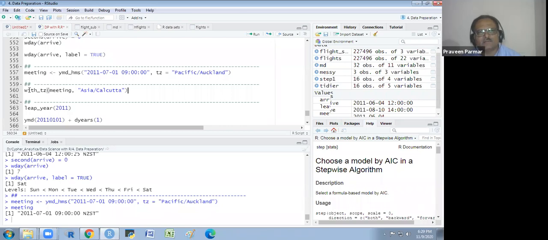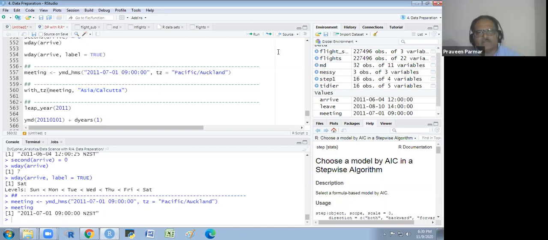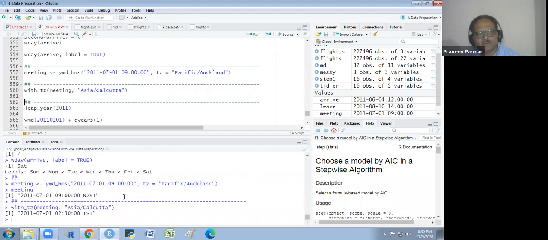So I could write that with with_tz, time zone, meeting this object, and Asia/Calcutta. And here you see it is the 1st July 2011 at 9 in the morning. So I will see it is in Asia, it's the 1st July 2011, 2:30 Indian Standard Time. Got it? IST. So you could convert in this way.